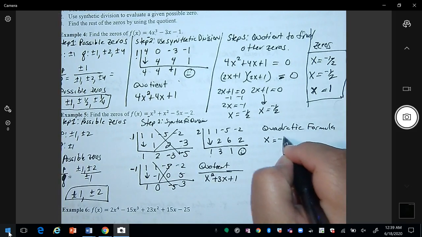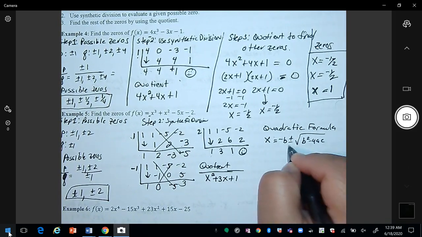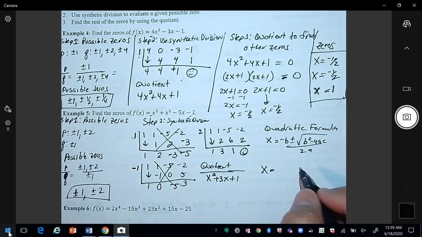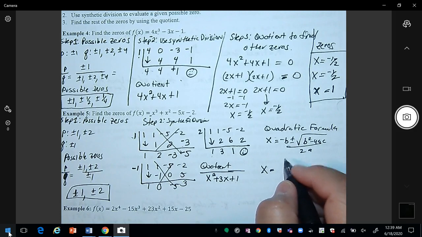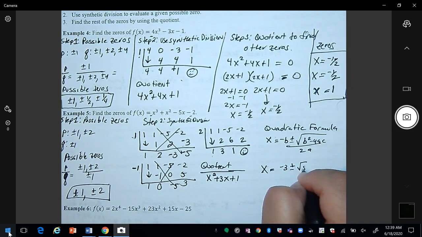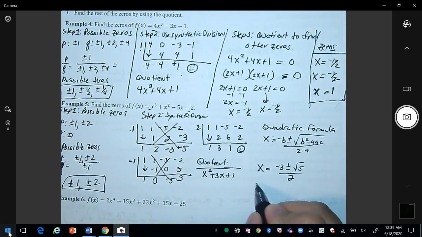Okay, so recall the quadratic formula is this here. So if you substitute the values of b, a, and c, your answer is going to be -3 plus or minus the square root of 5 divided by 2. So my zeros